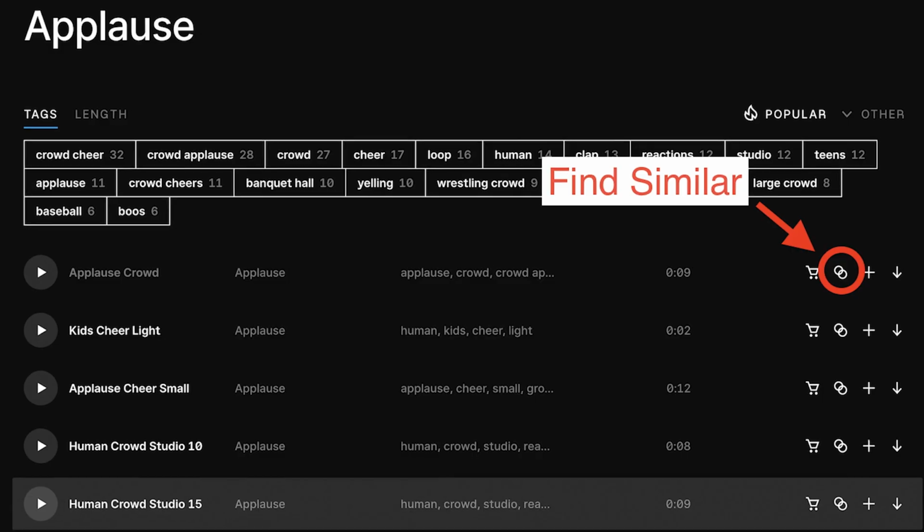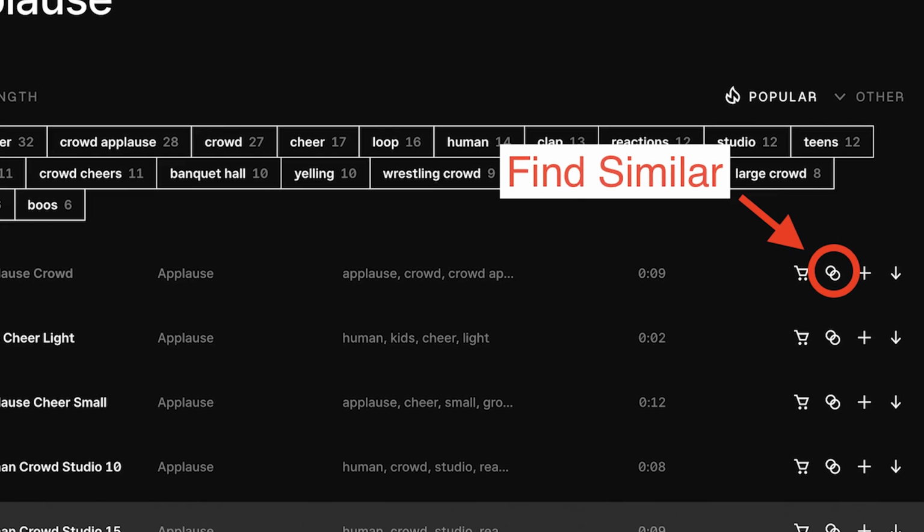One other cool feature that Epidemic Sound has is the Similar Songs button. What this does is you can basically click a Find Similar button next to a song you're listening to on the Epidemic Sound platform, and it'll take you to an entire playlist of songs that sound similar to the one that you're just listening to. So if you find a song that you really like, but it's just not quite what you're looking for, but you want something with a similar vibe, genre, or feel to it, you can click the Find Similar button and browse through all of the different songs in that list.